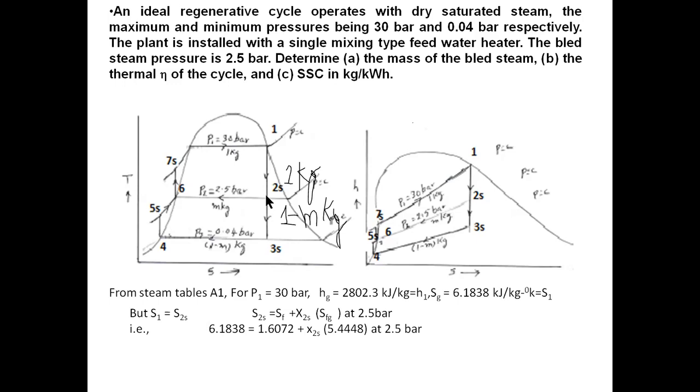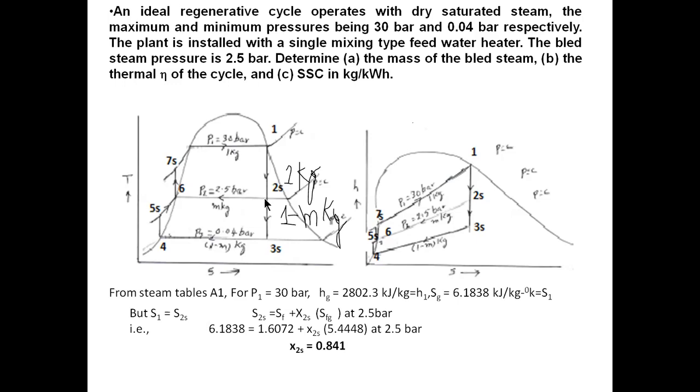Okay, here find out x2, the dryness fraction. Okay, S2 is equal to SF plus x2 into SFG at what pressure? State 2 has a pressure. In state 2 we are having a pressure of 2.5 bar. So we need to take the value at 2.5 bar of SF and SFG. Okay, and here S2 is equal to S1. In place of S2 I will write the S1 value. With this I will find x2. Why I am writing S1 is because it's an isentropic process. Okay, I got x2 as 0.841. This is the quality of the steam at state 2.